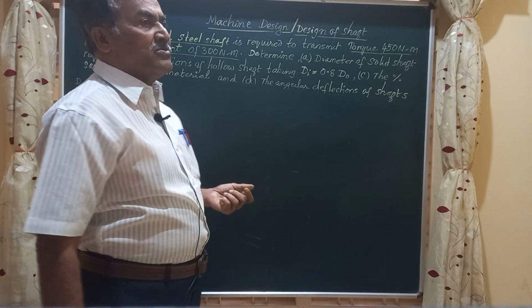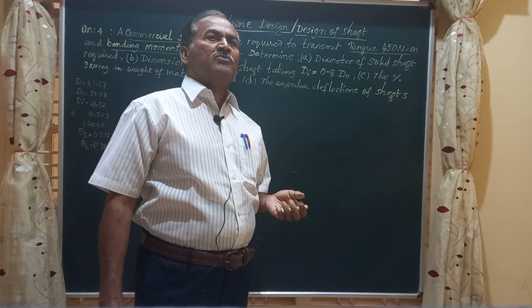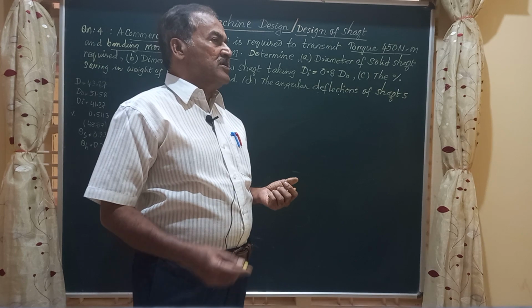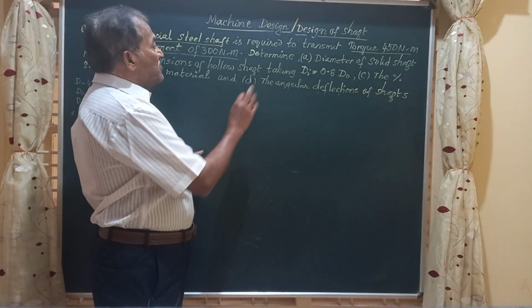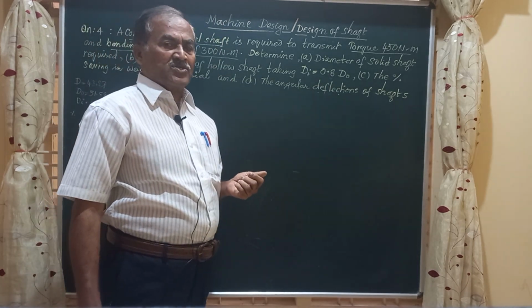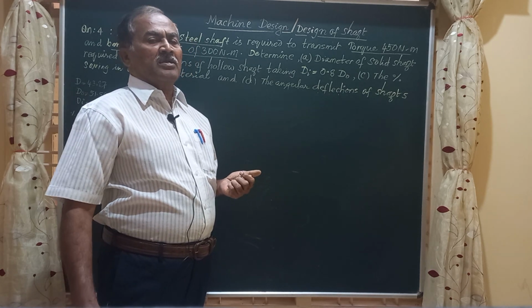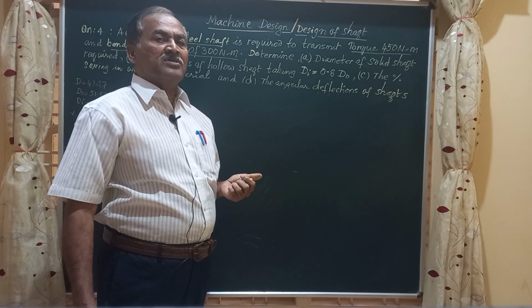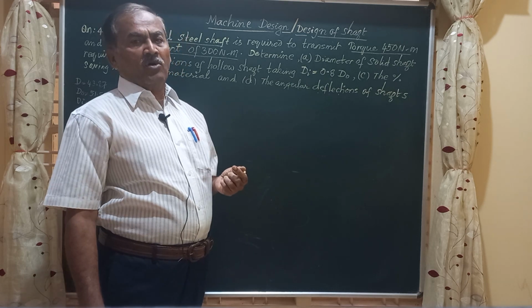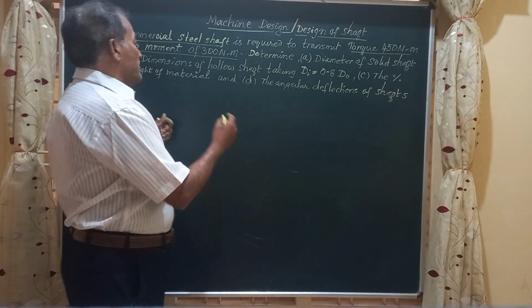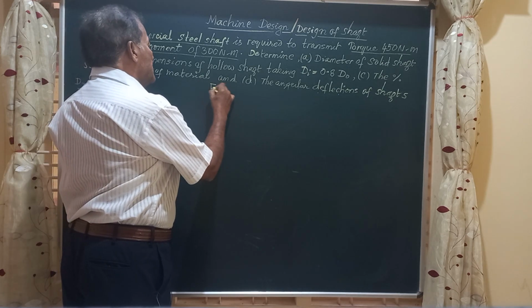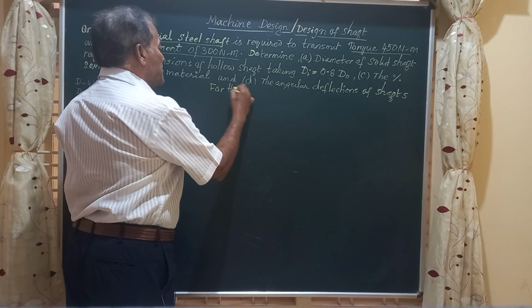Friends, we have already used such equations before in some of the videos. Here we have to find out theta_s, that is the angle of deflection of the solid shaft, and theta_h, the angle of deflection of the hollow shaft. Friends, for the solid shaft,